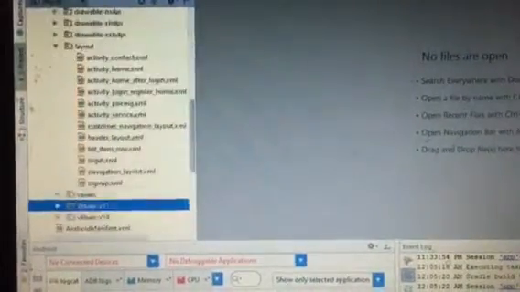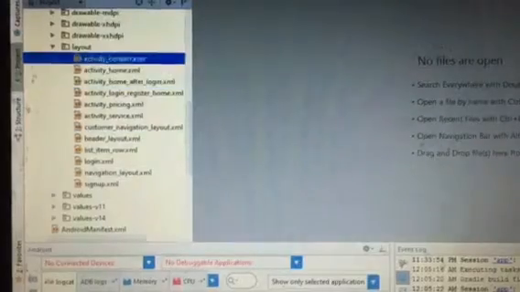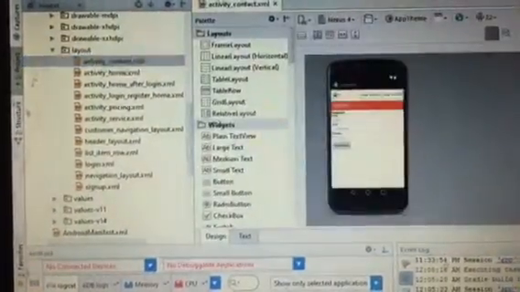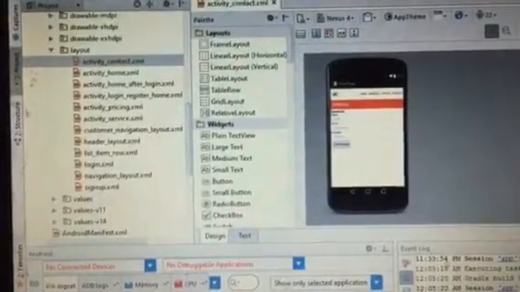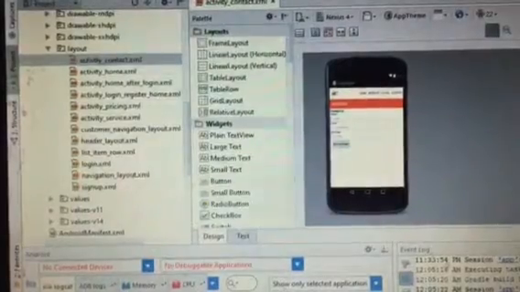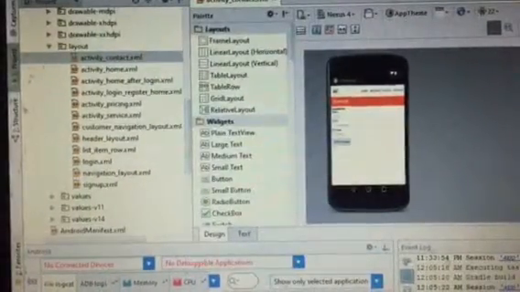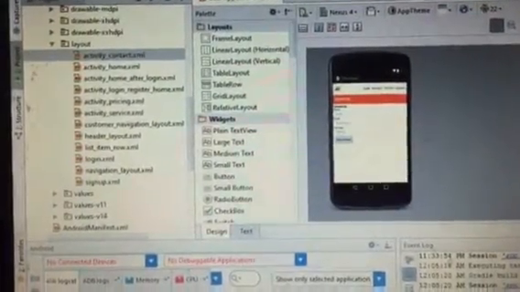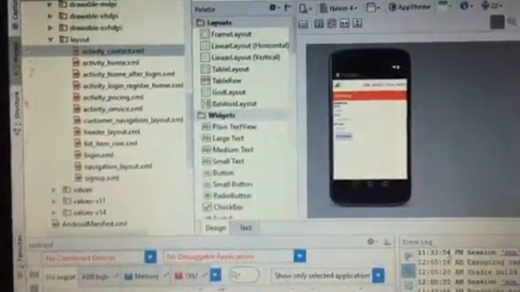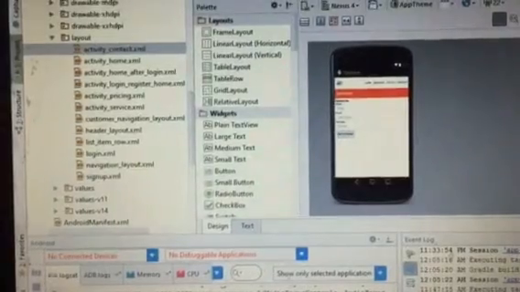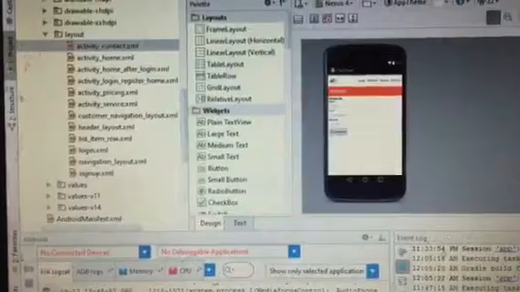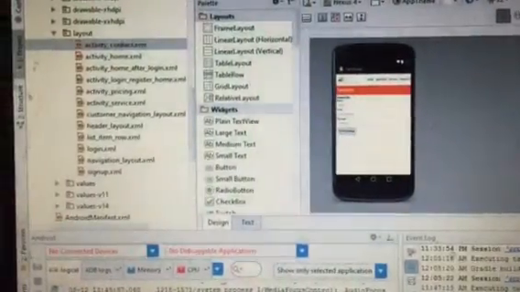So you can see here. I have created the Tour and Travel Android app. I have made 3 screens within the app, so you can see the different layouts of my Android app. This is one of the layouts, the services layout which I have created. Like this, I have created the different layouts for contact, home, login, pricing, services. So I have created different types of layouts for my Android app.